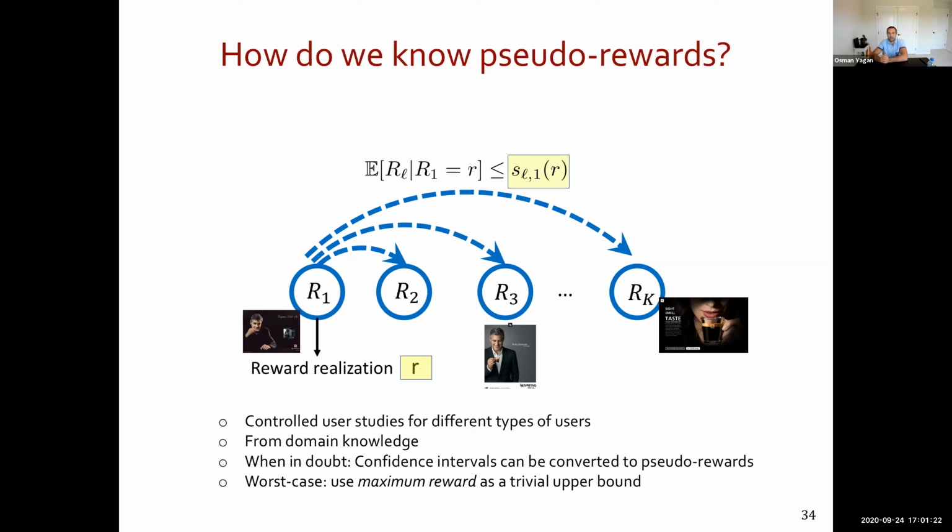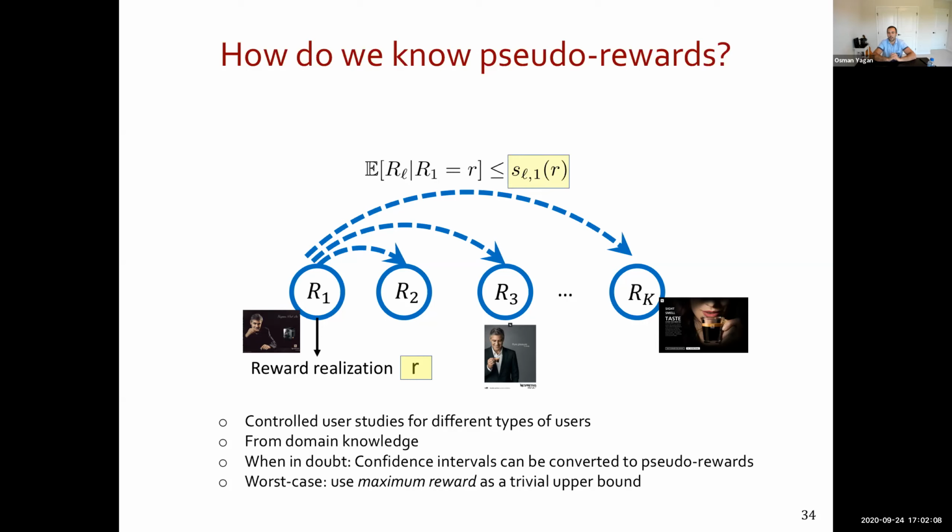So whenever you have an estimation that comes with a known confidence bound or confidence interval, like say an 80% chance for this to happen, you could convert it to an upper bound as well, in the form that we are requiring in this model. And worst case, if you don't know anything, you are welcome to choose as your trivial upper bound the maximum value that the reward can take. So if you are using movie star ratings, 5 is this maximum value. If you put 5 here, you won't be wrong, right? The conditional mean reward will always be less than the maximum value that the reward can take.